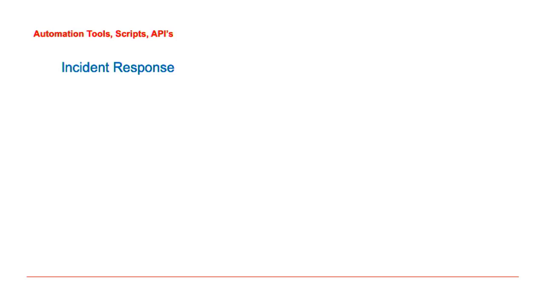Okay, so incident response, another one of those things where you can spend a lot of time trying to chase things down. One of the things that I thought of is, back in the day it was real easy to go into the firewall and just shun an IP. And it didn't require a lot of extra work, but it seems like the next gen firewalls, and some of the later firewalls, add complexity to this. So you're opening, you're saving, you're committing, you're doing all this stuff. So it's good to have a script that just uses the firewall's API to add an IP to a block